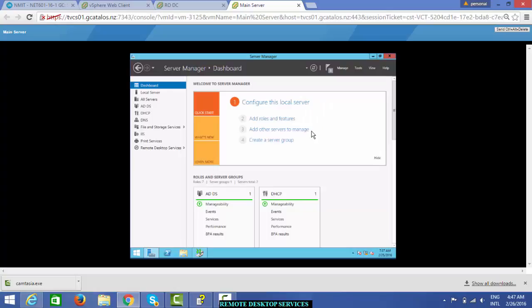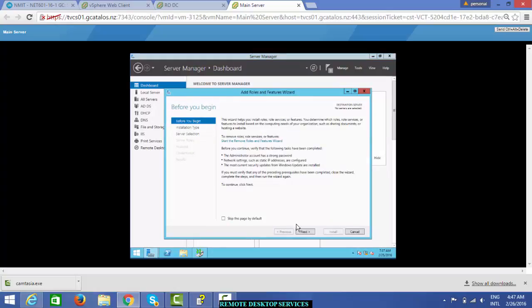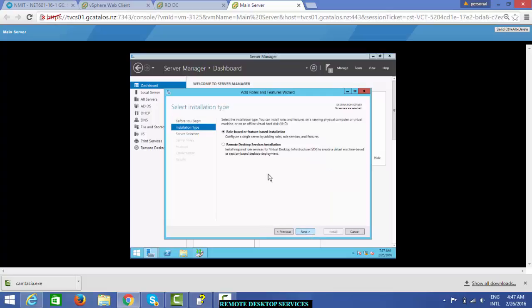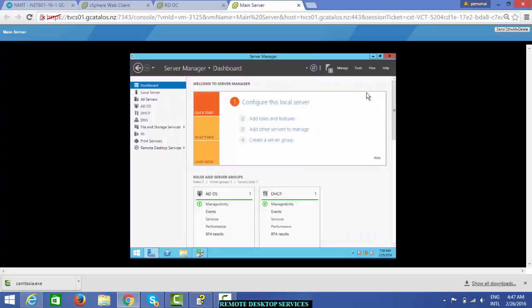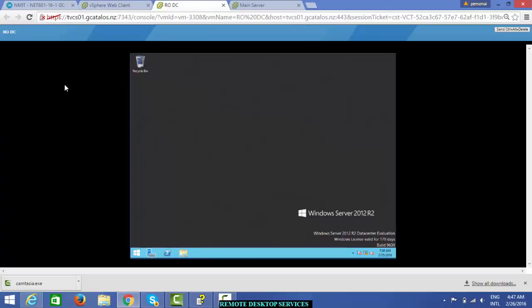What I have done is go to Add Roles and Features, select Next, and you can see the remote desktop services installation. Select remote desktop services installation and click Next. It will then restart your computer to activate remote desktop services. Once activated, you can see remote desktop services on the left side. Now, if you are at the RODC in Nelson and you want to open your primary server, the main server in Christchurch,